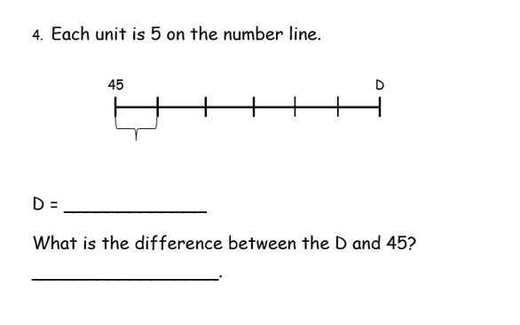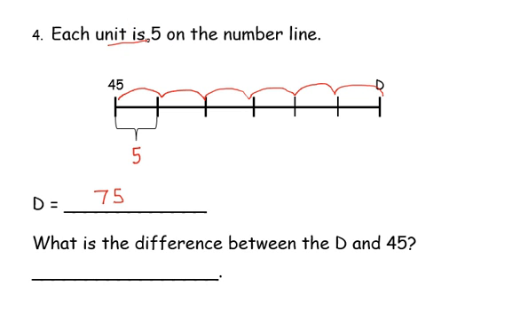This question's a little different because we're told from the start that each unit is 5. So each section is worth 5. We have 2 questions to answer. First, we need to determine the value of D, and then we need to find the difference between D and 45. Well, if I skip count by fives, I have 50, 55, 60, 65, 70, 75. D is worth